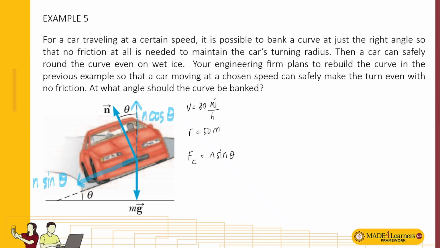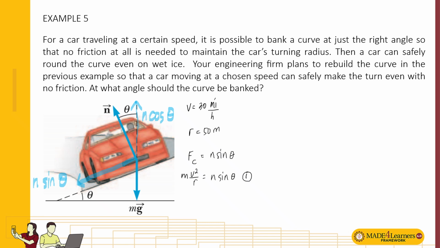And then we know from the centripetal force formula with speed and radius that it is mass times v squared over r. So equating it to N sine theta. But N is not given, so we'll use another equation, and then we're going to plug it into this equation. So let's label this first as equation 1, and we'll get back to it later.